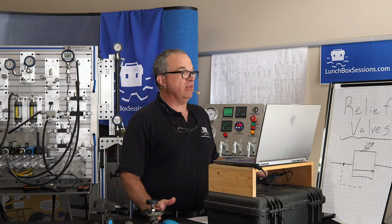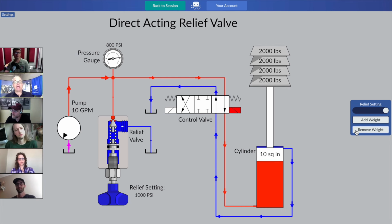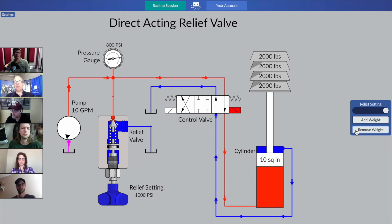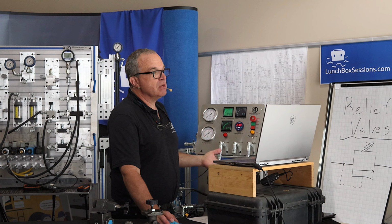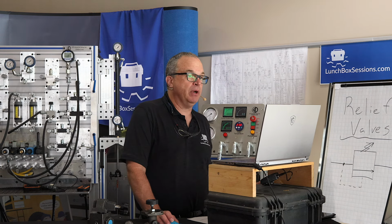Well, we're no longer at 1,000 psi. We're back down at 800 psi, and some of our flow is still passing through the relief valve, and our cylinder is not moving as quickly as it could. And so you've just seen what are the disadvantages to the type of relief valve that has only one spring